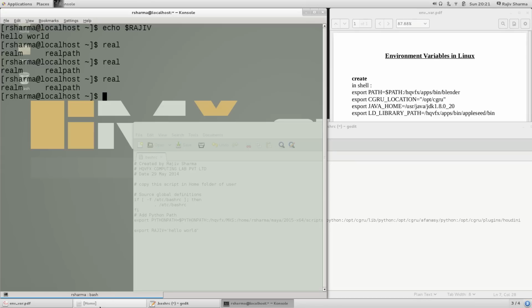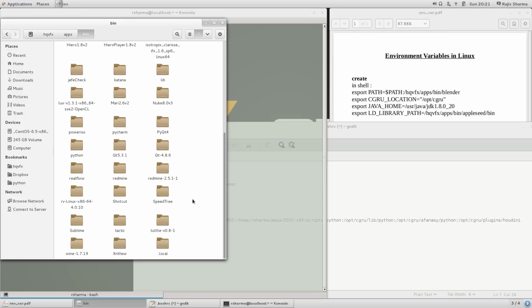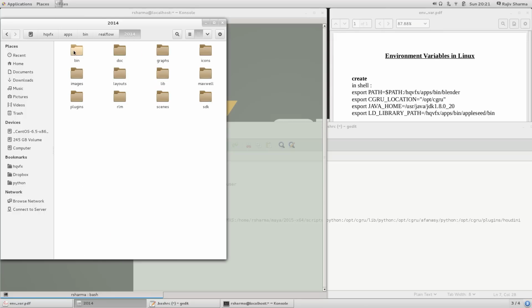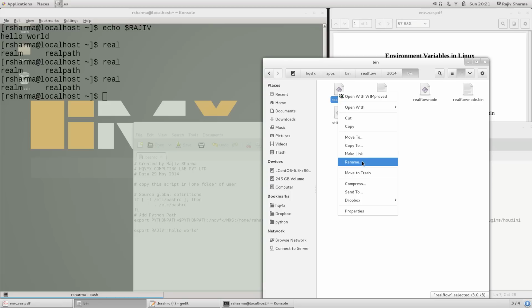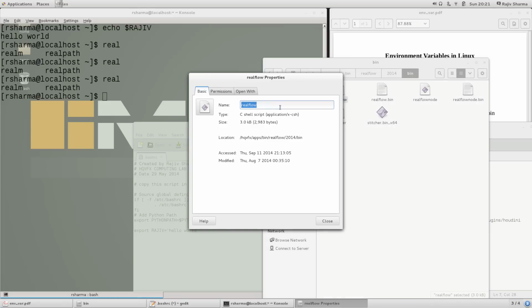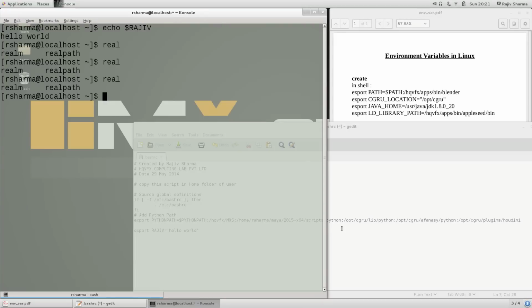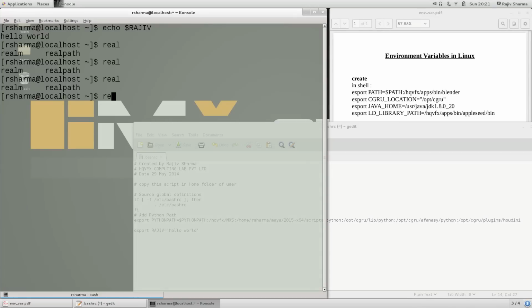Okay, so let's go to the location where RealFlow is. So let's go to RealFlow 2014 and bin. In this bin, I can see that the RealFlow bin file is there, and if I go to properties, just copy this path. Remember, this is the bin folder, like binary files, and we want to set this binary in our path. So whenever we type here RealFlow,